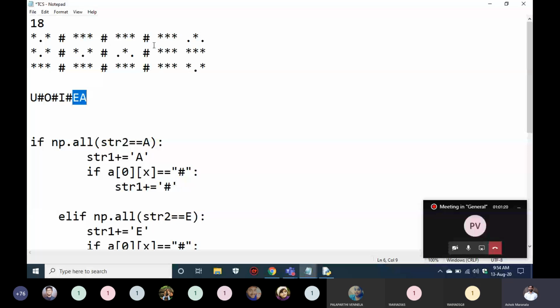If you observe, between e and a there is no separation by slash, so I didn't print it with a slash. If you observe, this is i and this is o and this is u, so u is separated with slash, so u will be printed and then slash will be printed, and then this is o. That means the description says every word will be in 3x3. That means you'll have 3 rows and 3 columns. If the rows and columns are separated by slash, then print that slash. If there is no slash, then print the two words side by side.